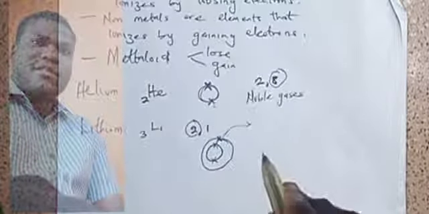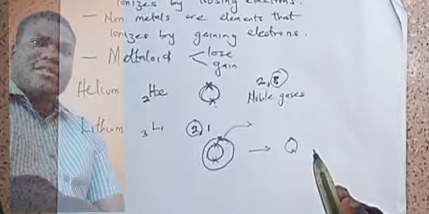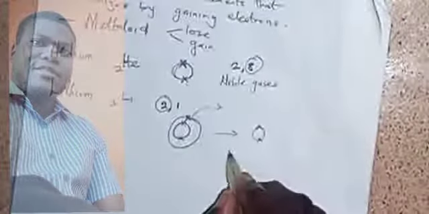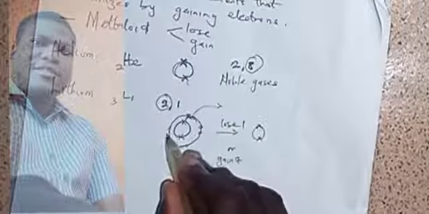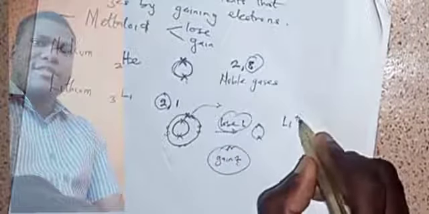From this, lithium can either lose this one electron and fall back to the helium configuration, that's the noble configuration, or it can gain 7. When you gain 7, it becomes 8. So what do you think is easier? Is it for lithium to lose 1 or gain 7? The energy required to lose 1 is actually less than that. And like I said initially, reactions will favor the path with lower energy. So lithium will rather lose 1 and become Li plus.